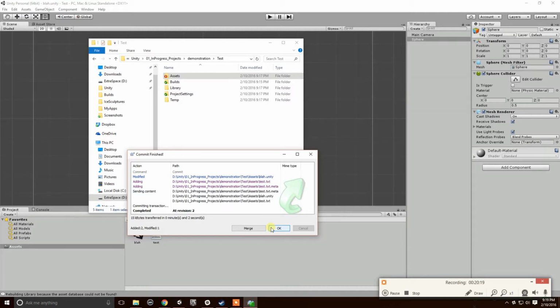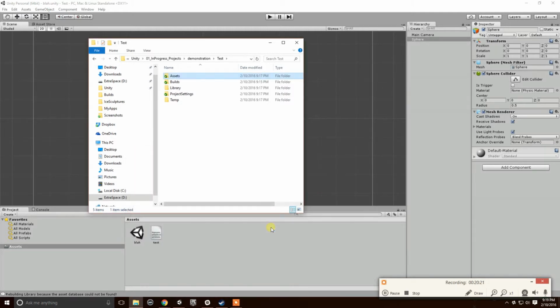That's all there is to adding new files and stuff. But now you ask, well, what if me and my friend are working on the same scene at the same time, and he commits something and I commit something? I need another computer to demonstrate this, I think. But what'll happen is,